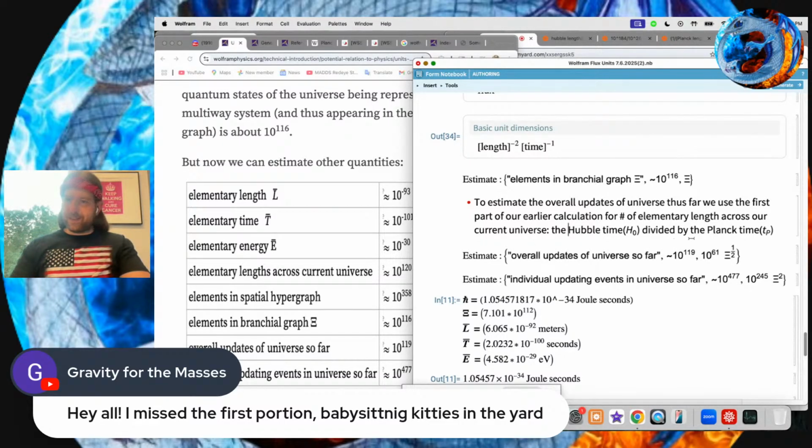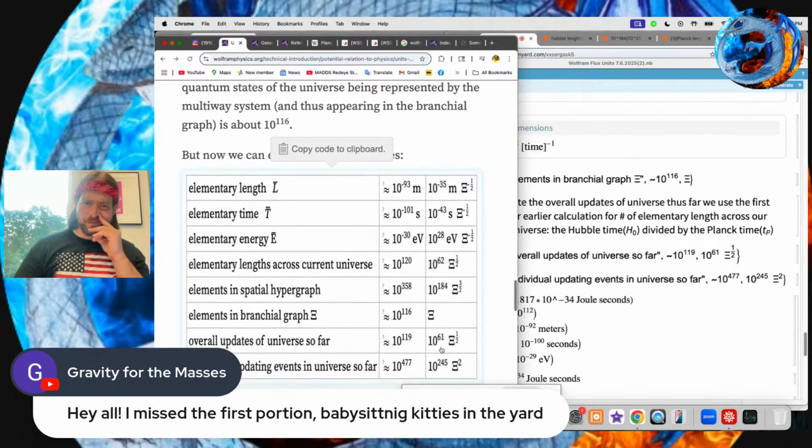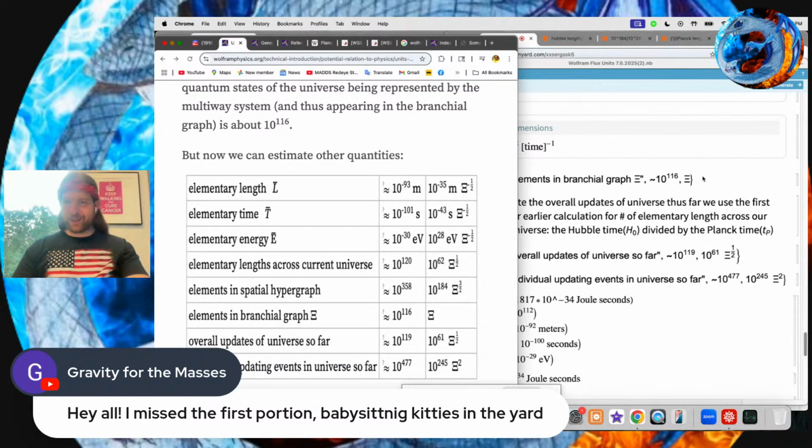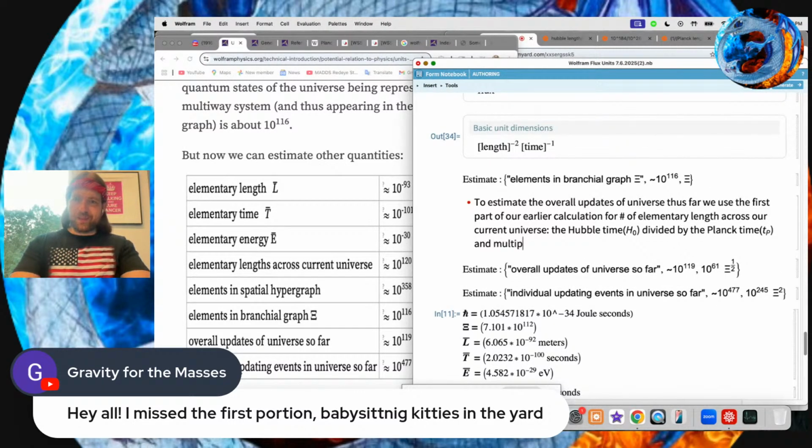The Hubble time H naught divided by the Planck time, multiply it by the square root of